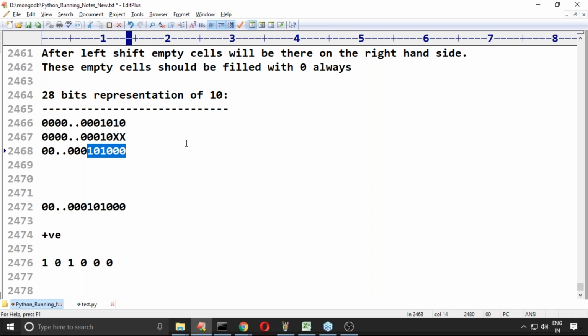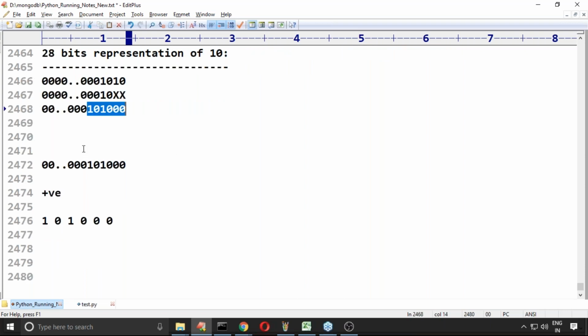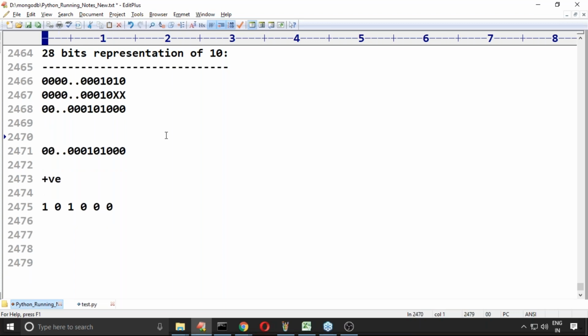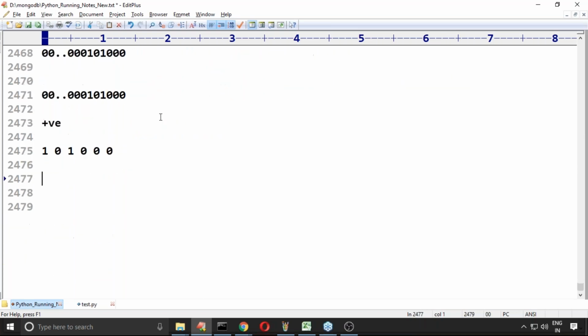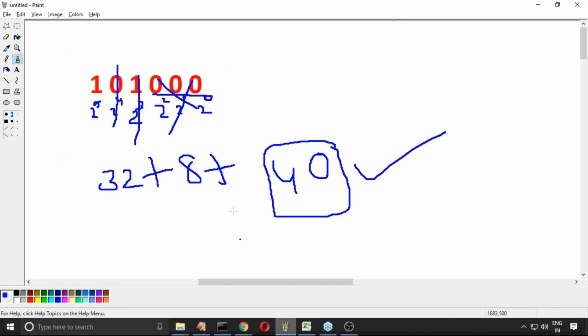Left shift will always give a positive number? There is no guarantee, Nikhil. Because assume that it is a negative number. For a negative number, I have to left shift. What will happen? If I shift two cells, these two bits will be gone. Now at the end two zeros will be added. Now the most significant bit is 1. So left shift sometimes may generate a negative number also. Nikhil, getting it right? Okay. Sir, if I move to the left, vacant cells by default will be formed where?